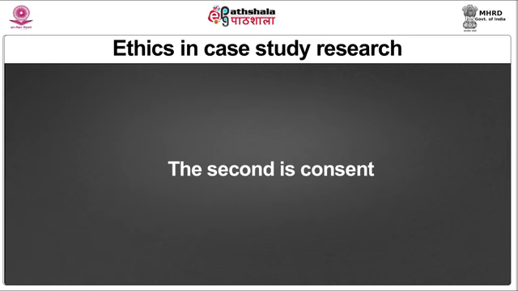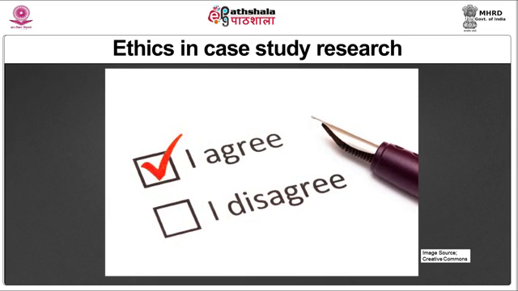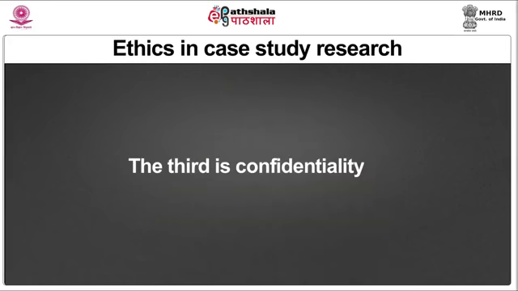The second is the consent, which means that the researcher has to ask for the consent of people being studied. This consent can be received either formally, which requires the subjects to sign the consent form, or informally, which is given orally by the subjects. The third is confidentiality, which implies that the researcher assures the informants that their information will be kept confidential